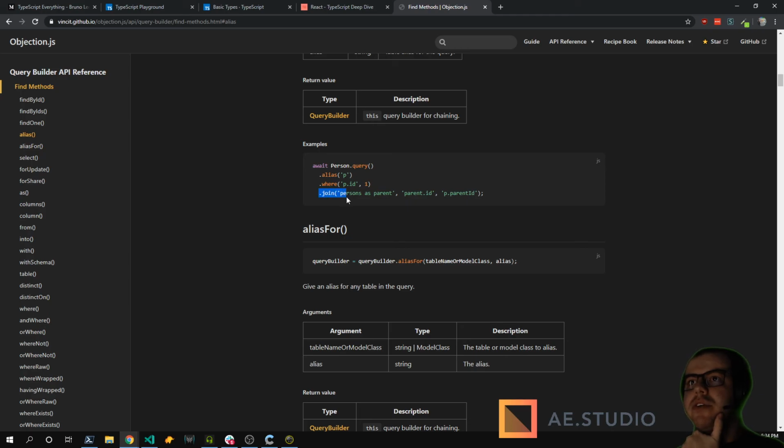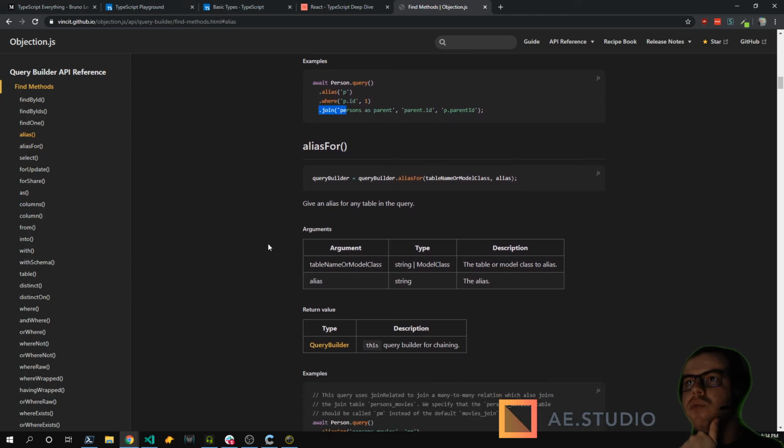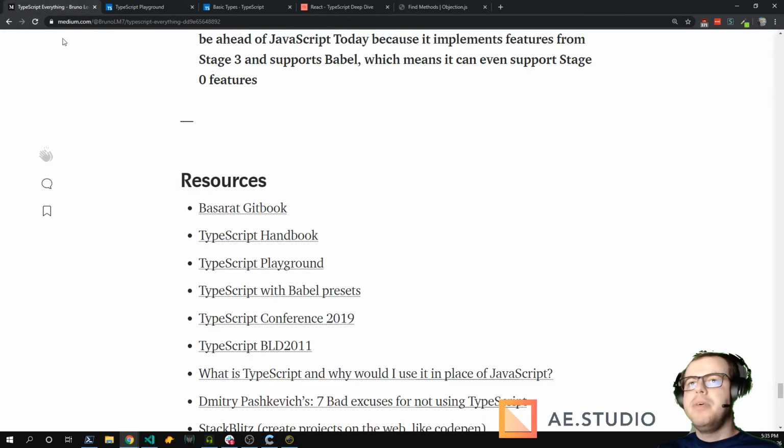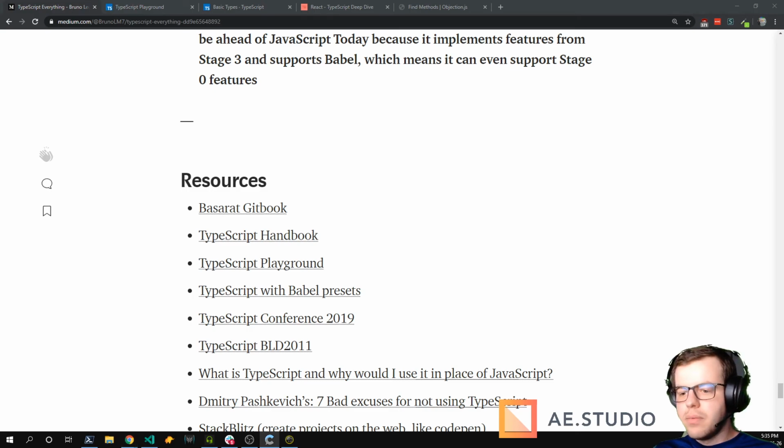Here's a join example. Maybe that works. It has been a while since I worked with Objection, so I would have to see examples to know that.